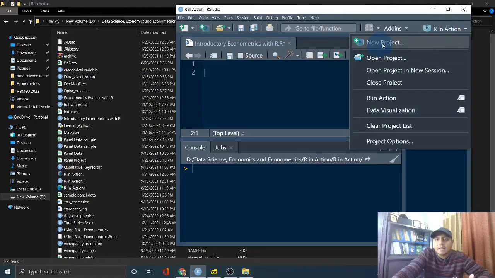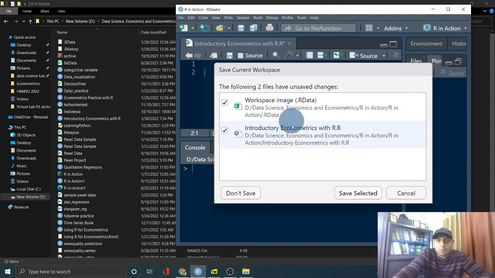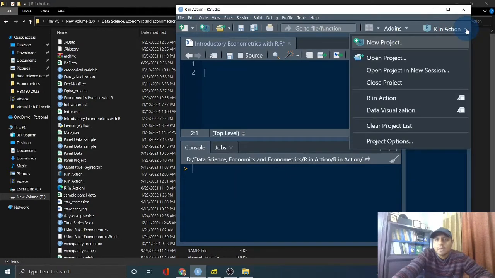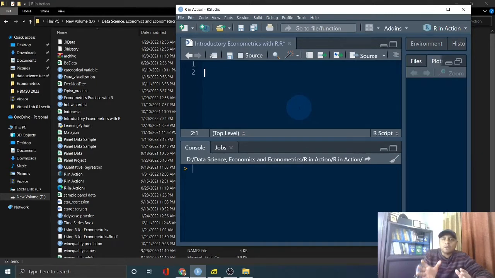You see here it says New Project. If you click New Project, you can either save this or open up a new project. So I strongly recommend you start a new project and then put all the files and information in one particular folder where your project is created. The project name is R in Action. This is the R in Action project.